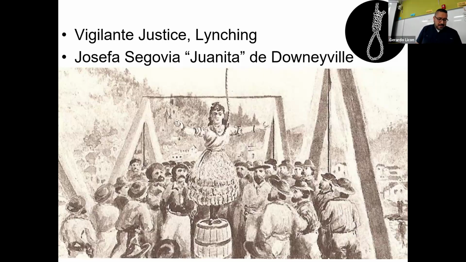So the story is basically that 1 year after California became a US state, people in Northern California were celebrating the 4th of July. So on the night of 4th of July, there's a drunk Anglo-American man who shows up to her house, pounding on the door, looking for her husband. She tells him to go away. Her husband's not home. He comes back later that night, now technically the 5th of July, and breaks the door down and goes in there looking for her husband. She grabs a knife and kills this man who broke into her home.